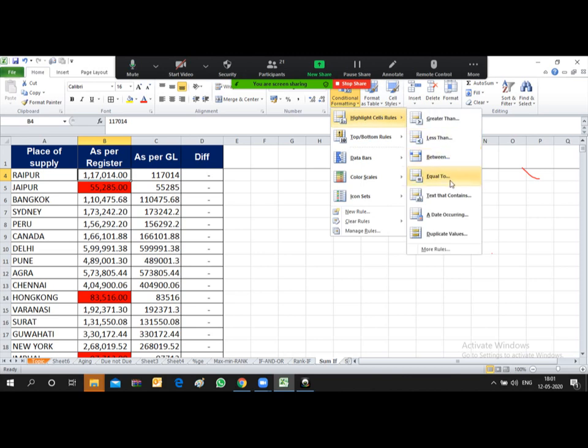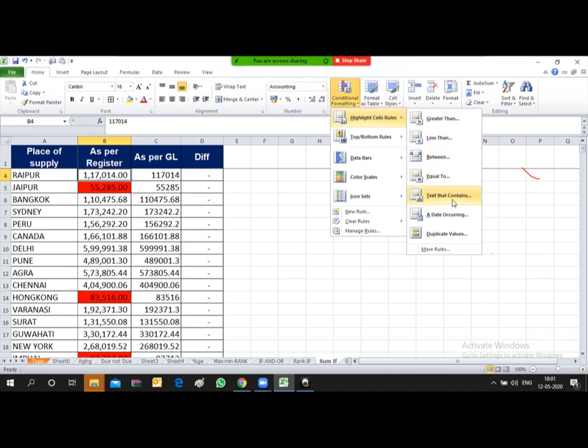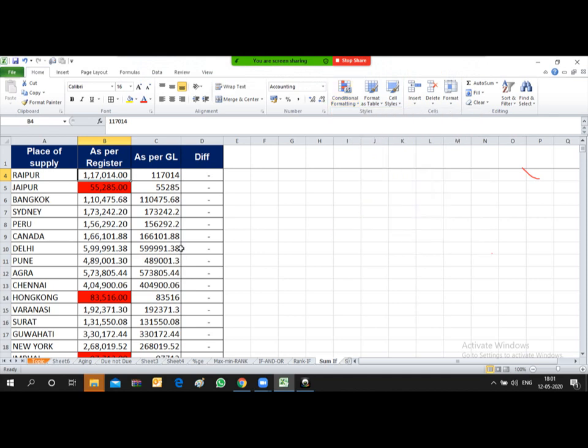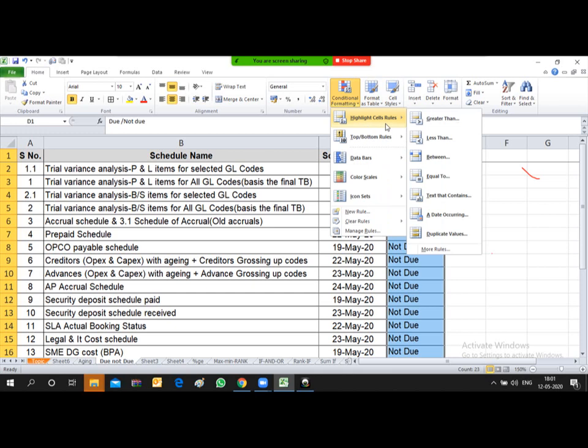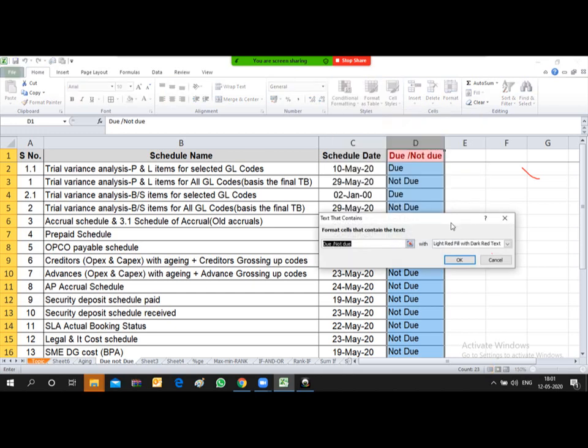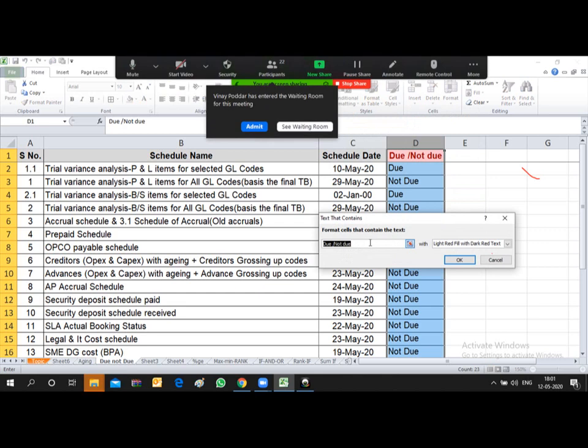Let's go to the option of text contains. So let me apply these conditions in our due date format. Okay, so friends, I'll select this column and then go to conditional formatting, highlight the text that contains due, with a particular color.